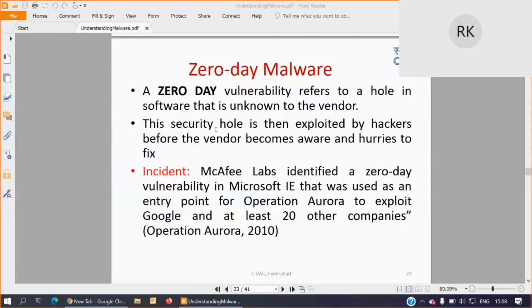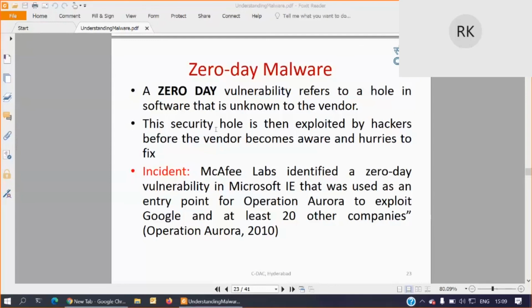Okay, but there is a chance that some software or application inside my system has some vulnerability which is not yet reported by any researcher or the vendors. So there is a vulnerability existing in my software, but it is not known to anyone.